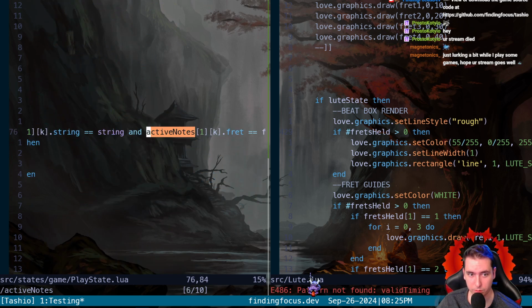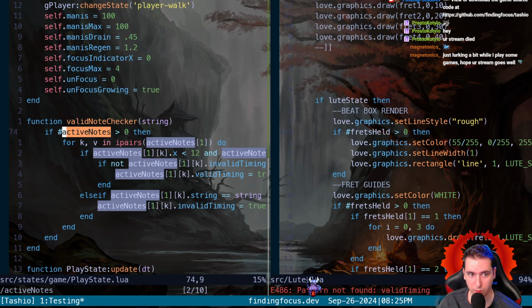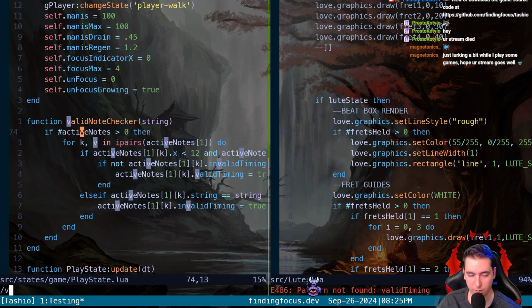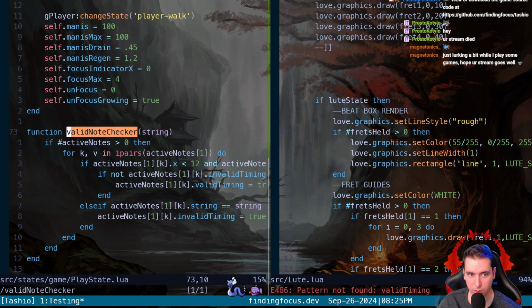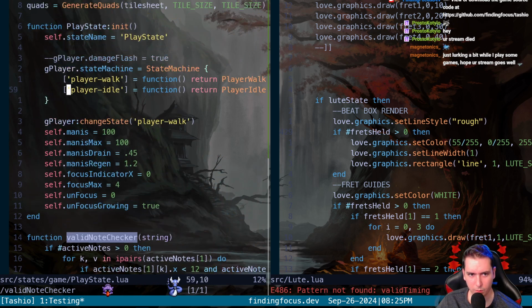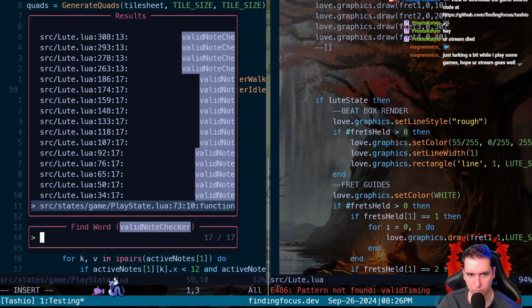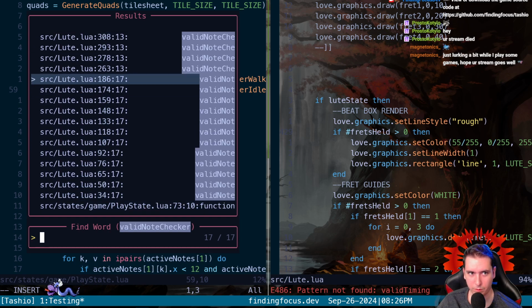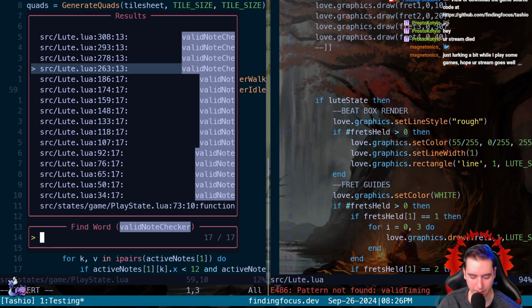Local active notes. Okay. Yeah, where are we actually checking this valid note checker? We aren't using it here? Where are we using it? Oh, in our Lute class. Okay, yeah, perfect. So we moved it out.